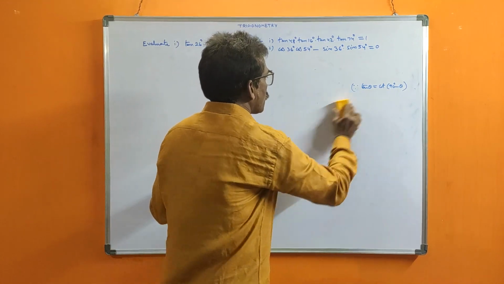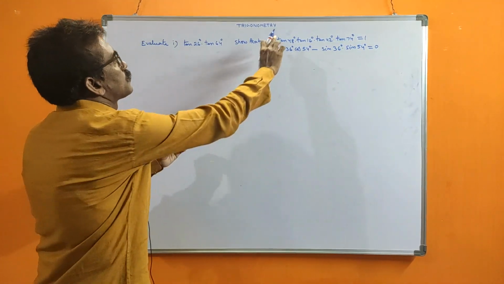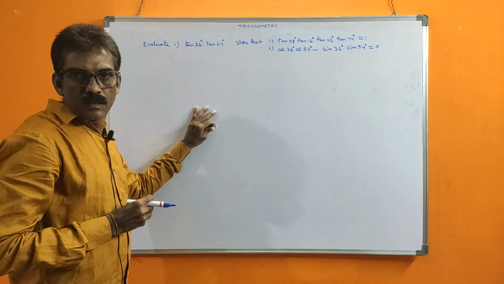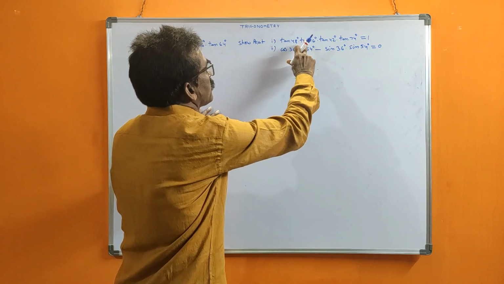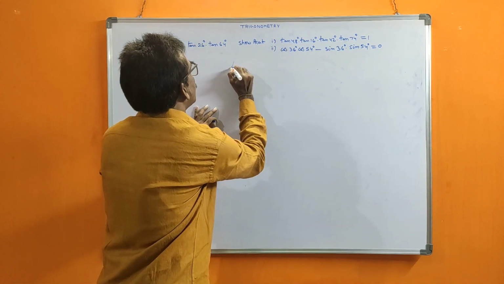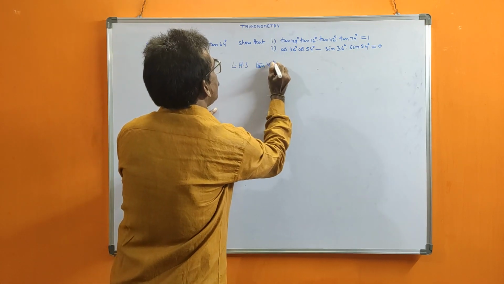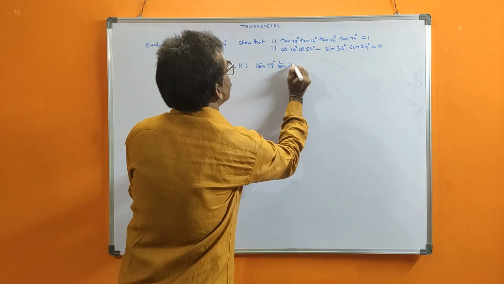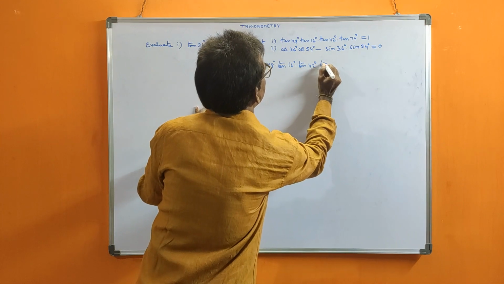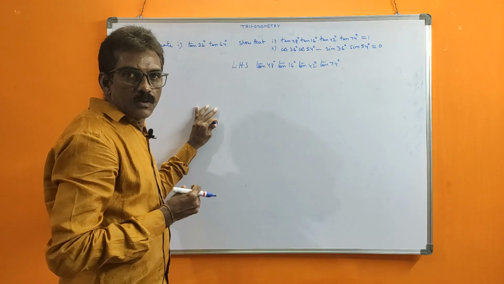Now the second problem. Second problem, you see this one. In this first problem, okay, show that means identities. We should take LHS and we should prove it equal to RHS. So first I am taking LHS. What is LHS in this case? See, tan 48, tan 16, tan 42, tan 74 is there. That we should prove is equal to RHS.